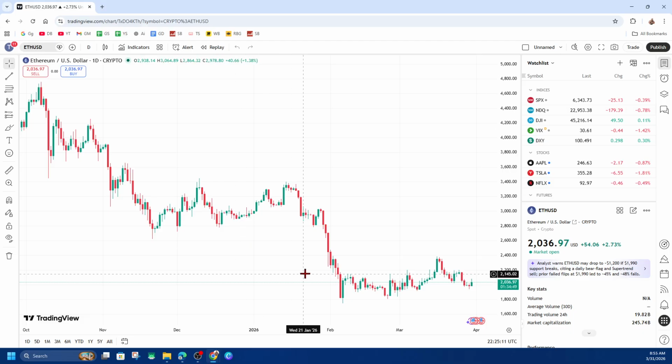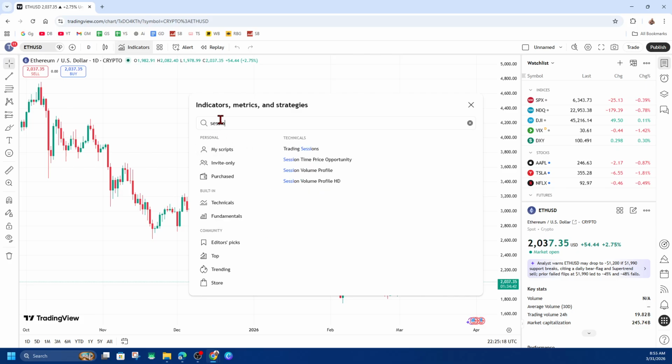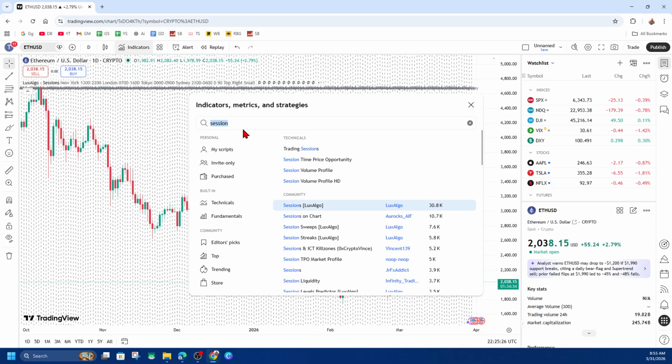Okay, so open up the charts, and the best way to do this is to click onto indicators. Now you want to do a search for session, like so. And the one we want to use is by Lux Algo. It's one of the most popular ones here, so sessions by Lux Algo. Now click into that. Now your chart's going to look like this after that, so I'm just going to exit